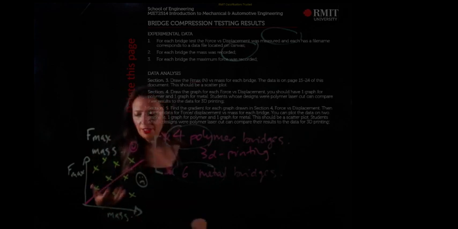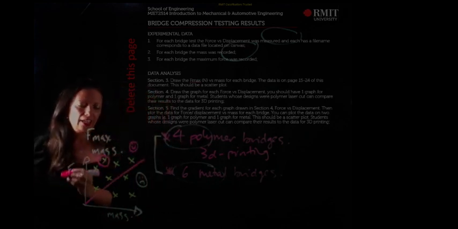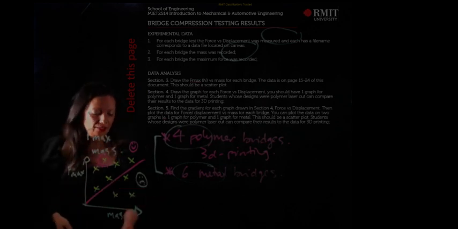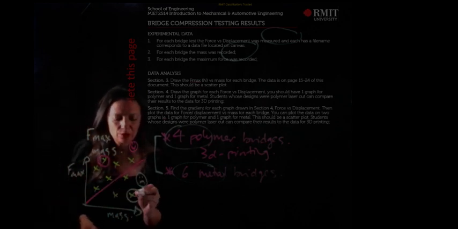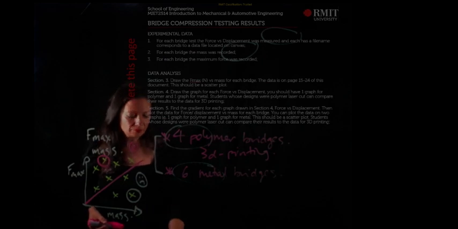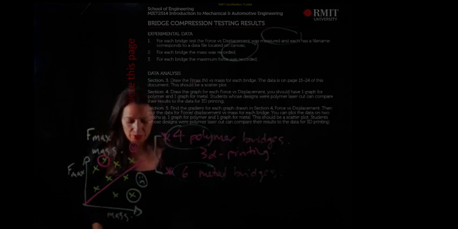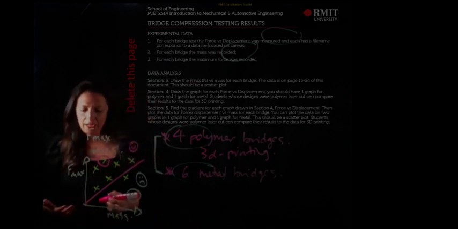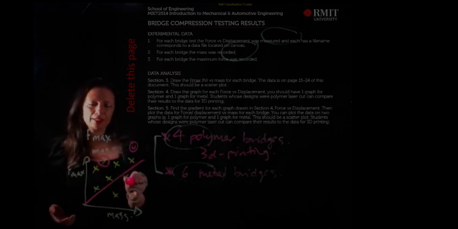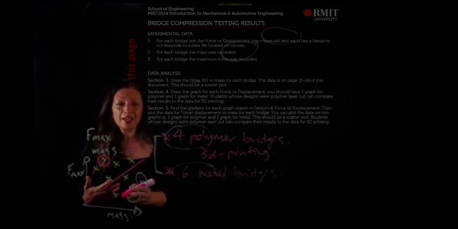So what you need to do is say which is the best bridge and which is the worst bridge and why. And then finally, you need to be able to identify where your bridge sits on this. And even if you don't have accurate data